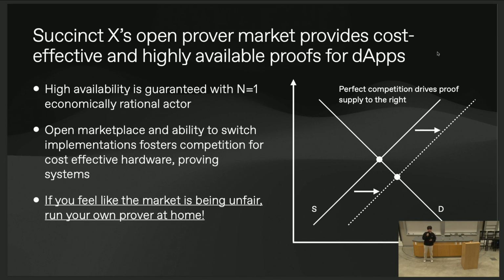The final thing I want to touch on is how this open prover market is a super important critical piece of building a cost-effective and highly available prover system for dApps. Basically, what we're trying to do is have strong economic guarantees such that if there's at least one economic rational actor in the market, then the provers will always be available. And essentially, another great thing about this system is that it has a lot of analogies to MEV markets with searchers and builders. The reason for this is that because proofs, at the end of the day, with the proof, all you care about is that it properly verifies. And that means that the protocol doesn't have to make any opinionated decisions with how the proofs were generated.